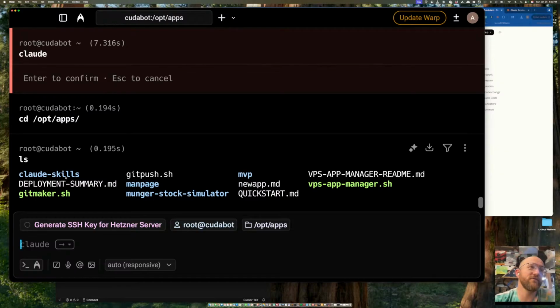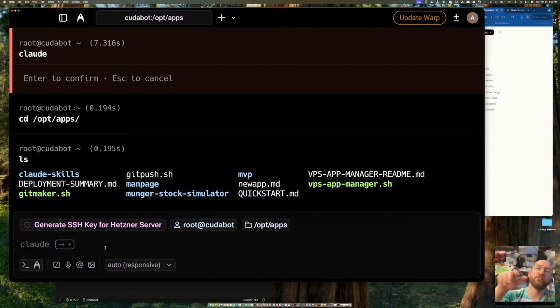So each one of these, or most of these, like Munger Stock Simulator, MVP, things like this, are actually independent apps and websites. So what I can do is, let's see, let's make just a test app that